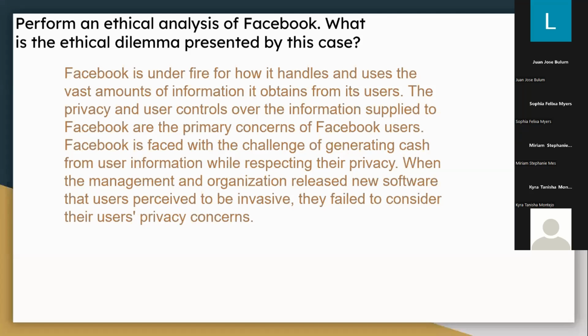So we move on to the first question, which was to perform an ethical analysis of Facebook and what is the ethical dilemma presented by this case. Facebook is under fire for how it handles and uses the vast amounts of information it obtains from its users. The privacy and user controls over the information supplied to Facebook are the primary concerns of Facebook users. Facebook is faced with the challenge of generating cash from user information while respecting their privacy. When the management and organization release new software that users perceive to be invasive, they fail to consider their users' privacy concerns. So what this is saying is that